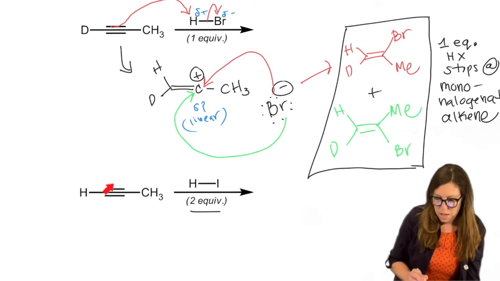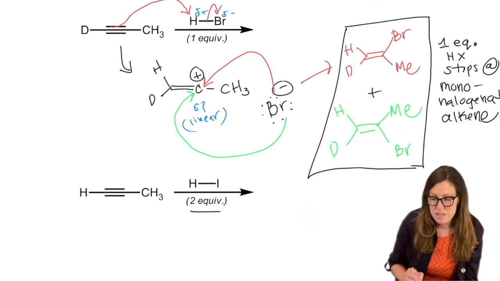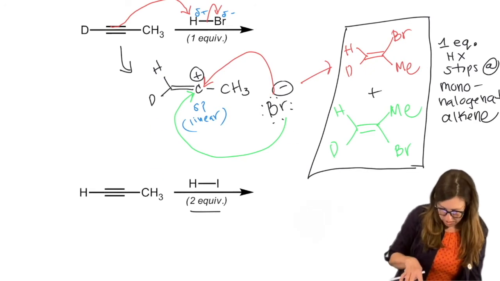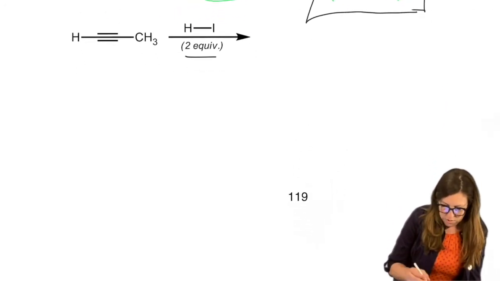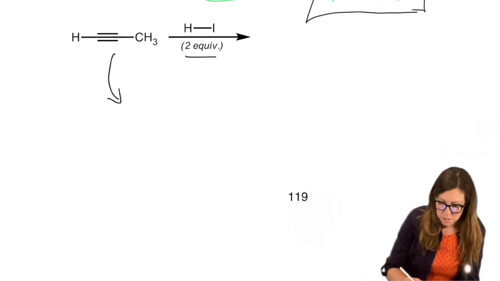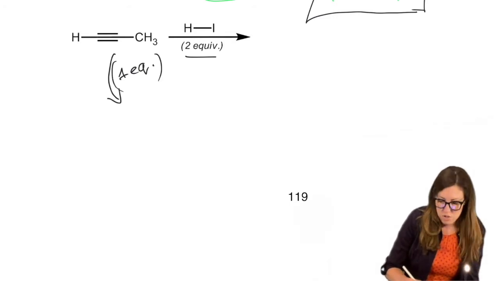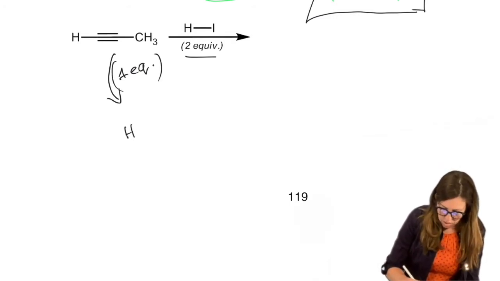And since there's two pi bonds here, that means it would take two of these to fully react both pi bonds. So let's show that consequence. What we will do is save ourselves a little work. We've proven that mechanism already from the top, that one equivalent gets us straight to, so that we're not drawing it again, the scenario with H. And notice this is not deuterium anymore. This example has only H in it.